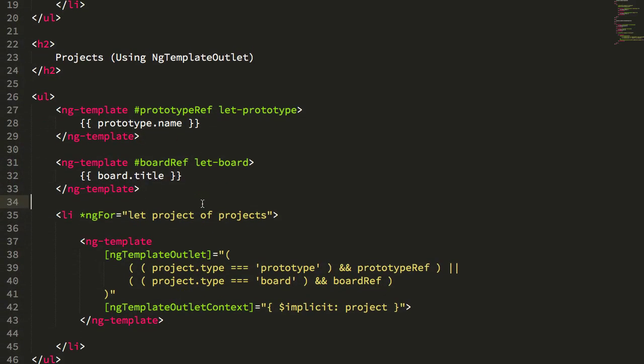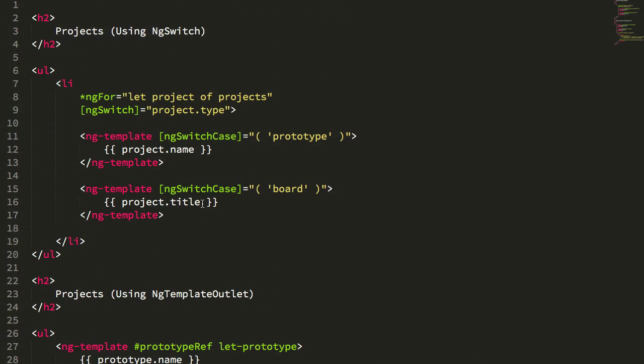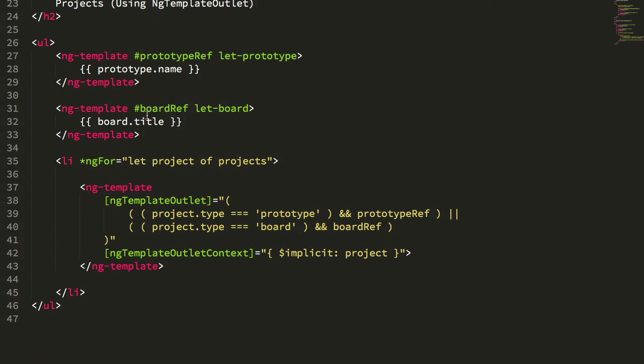Now that I see this on paper, definitely for at least trivial examples, I'm going to continue to use the NgSwitch case approach. It just feels simpler, less noisy, more to the point. It's easy for me to see that I'm inside of an NgFor, and now I'm trying two different internal renderings. But I'm not completely against this approach. I'm wondering if, as these item type renderings become more complex, right? Like if the size of these becomes larger, I wonder if this technique with the NgTemplateOutlet will actually add some clarity, because what this does is it separates out the item rendering